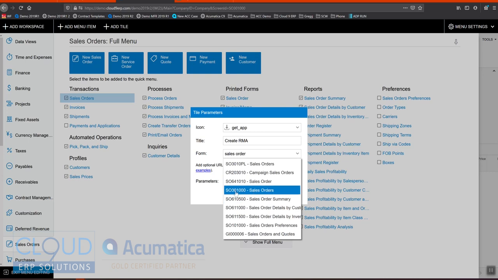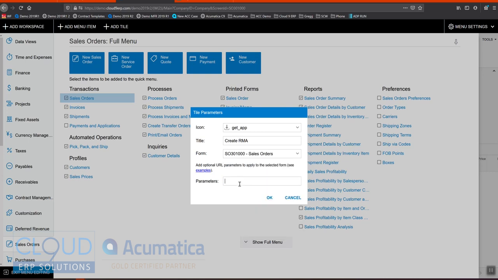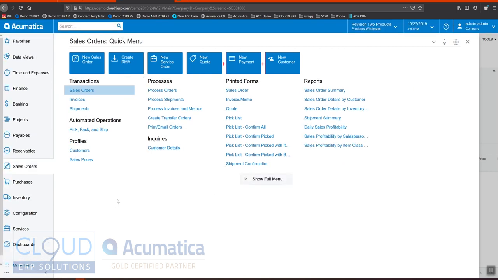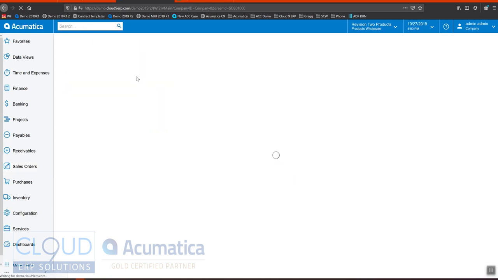We want this one. And then our parameter will be order type RM. And we'll move this over. We'll put it right here so it's a little bit closer to home. We'll turn off menu editing. And now we have a create RMA button here. So we'll click on this